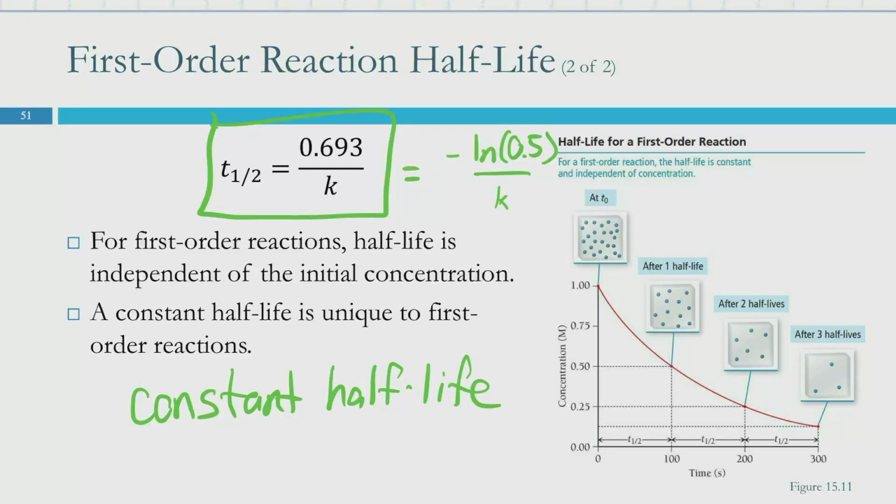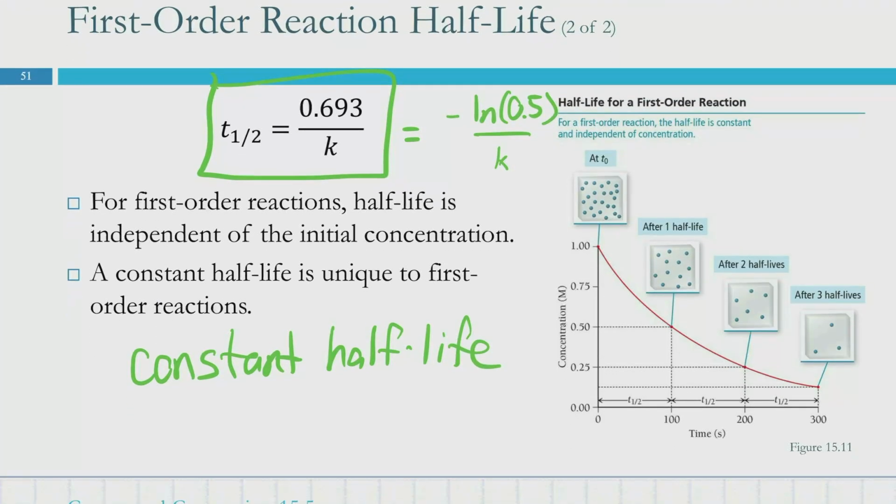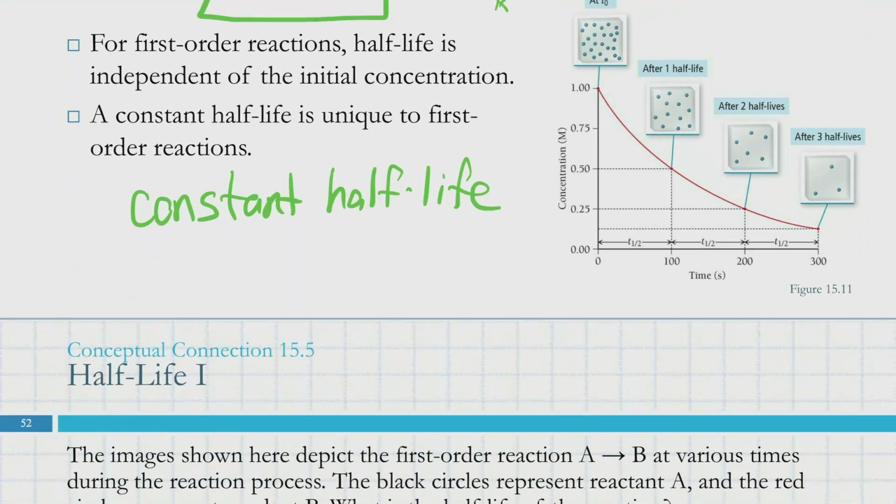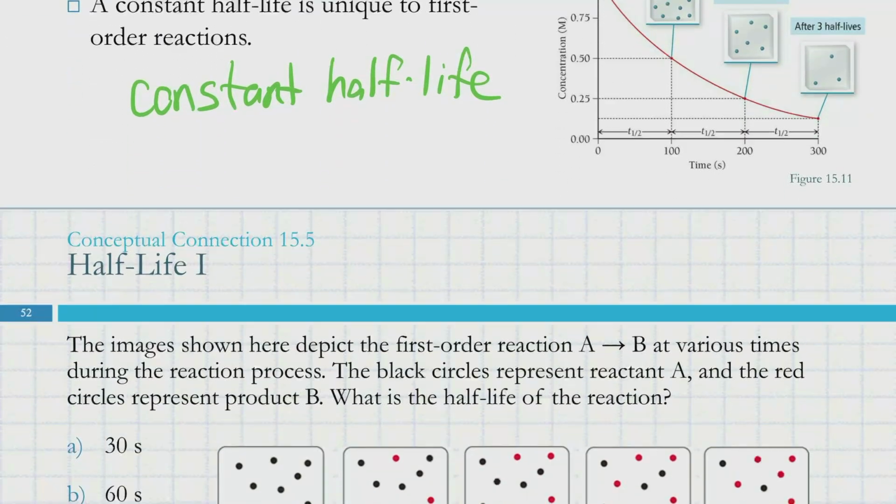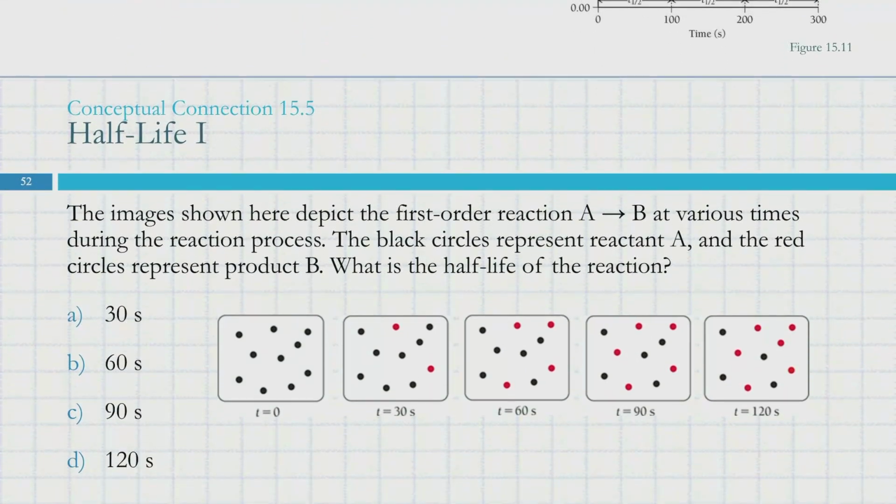So after one half-life, we cut the concentration in half. After another half-life, which is the same half-life, we cut it in half again. After the third half-life, we cut it in half again, and so on and so forth. So that would be the equation to put on a flashcard if you want to memorize or work on your